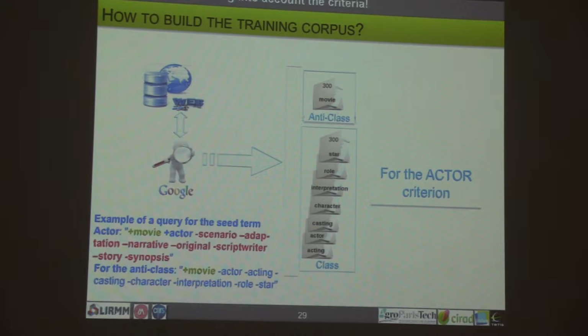So, how to build the training corpus? As I told you before, I would like to avoid that the end user will be involved a lot in the process, because it's very time consuming. I can't ask everybody to take a document and say, this is relevant to my criteria, this is irrelevant to my criteria. It's too time consuming. So my idea is, we have a huge amount of information available on the web, and then let's use it. So, okay. It could be Bing, it could be Yahoo, whatever